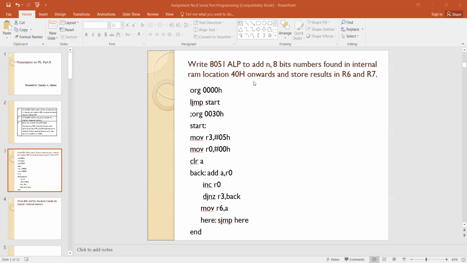For assignment number 7 onwards, for 7, 8, 9, 10, 11, we need a Keil simulator to simulate this assignment. 8051 is a microcontroller. All of you know that. It's a microcontroller.